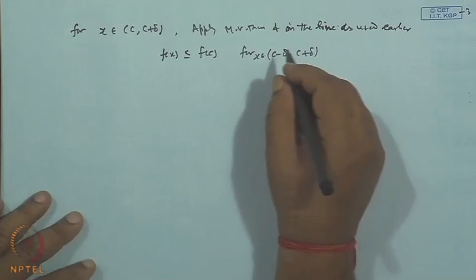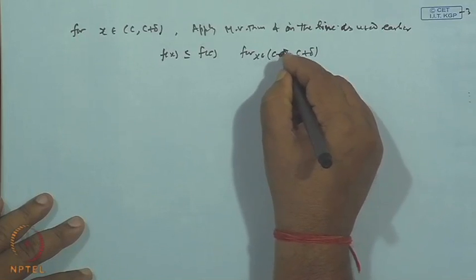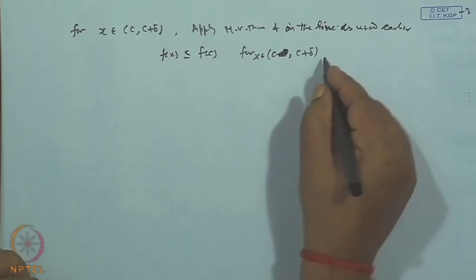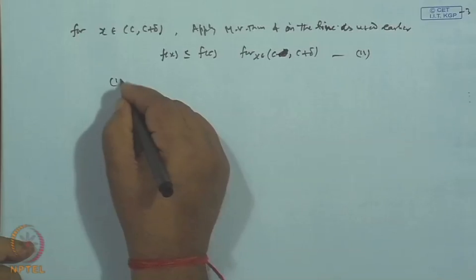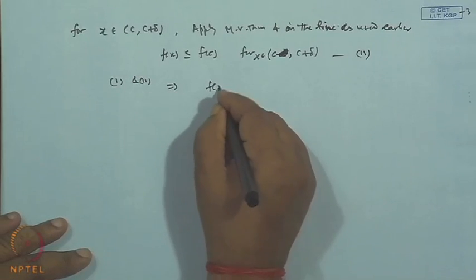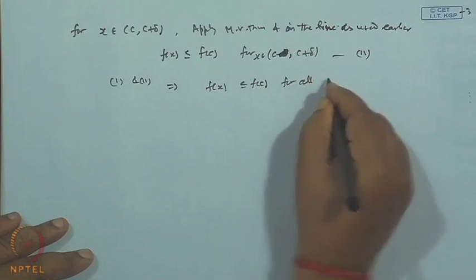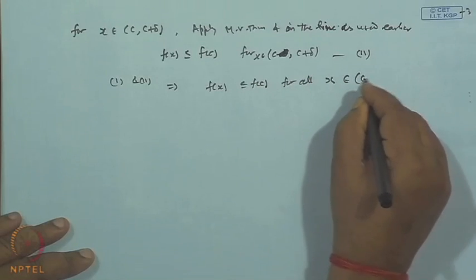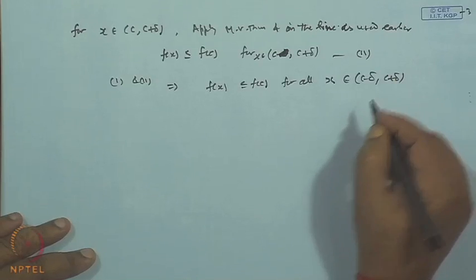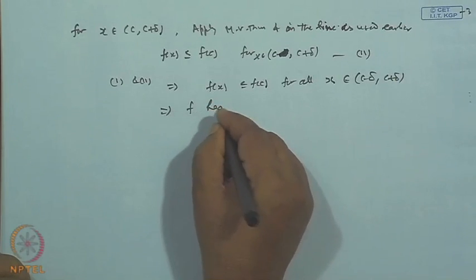Therefore, 1 and 2 give that f x is less than or equal to f c for all x belonging to c minus delta to c plus delta, and that is sufficient to prove f has a relative